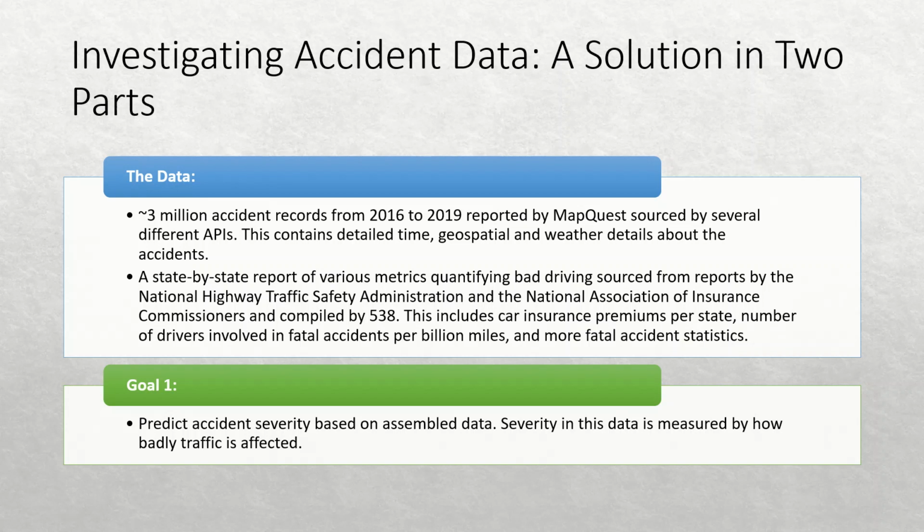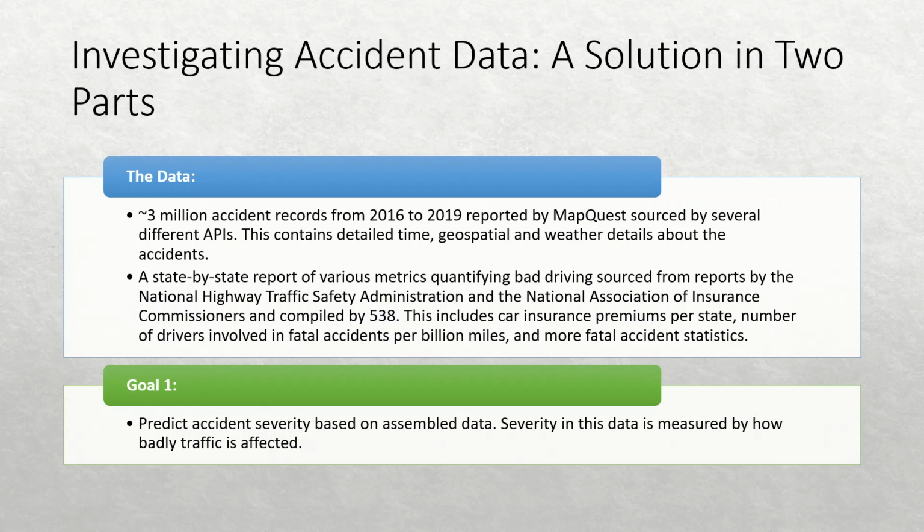First, the data. It's a collection of about 3 million accident records going from February 2016 to, I believe, the end of 2019. These are accident reports coming from MapQuest that were sourced by several different APIs. These include very detailed times, geospatial data, the coordinates, the towns, cities, streets, some other accident severity data, and also weather details at the time